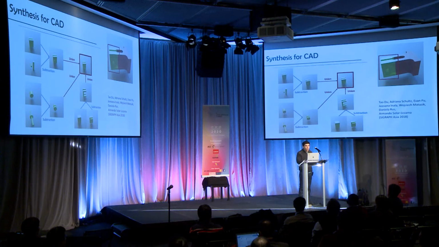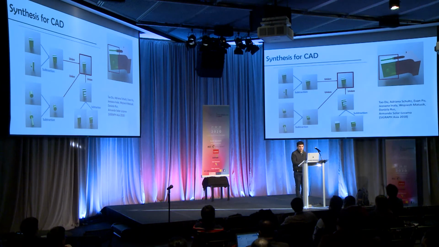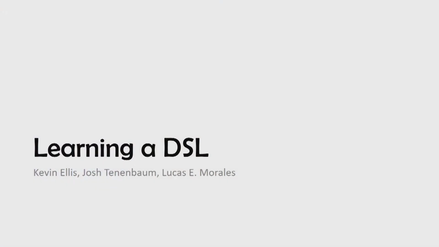Now, once again, just like in the case of the hand drawings before, one of the things that is very, very crucial is the underlying language that you use to describe those things. Because from the same data, from the same input, you can reach very different conclusions depending on what your underlying language looks like. And so one of the things we realized is that people are actually pretty good at coming up with good abstractions